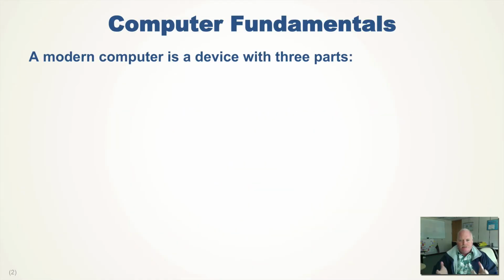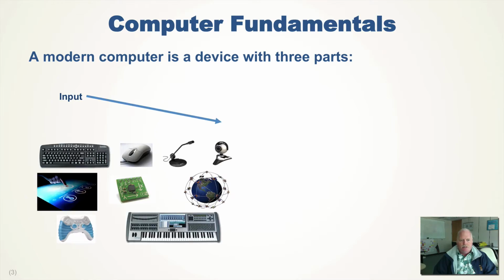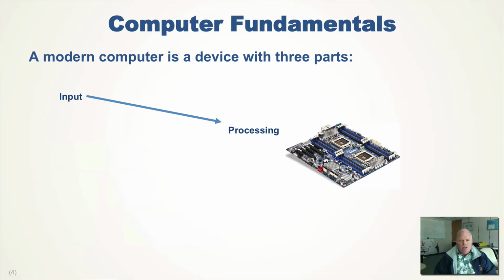So what are the fundamentals of a computer? Basically, it's a machine, a device, a thing that has three basic pieces to it. The first piece is input. We can put information or things into this device that can range from text, location, sound, images, all these different kinds of things. It then does some processing on this input, so you have some data, and you do some manipulation, you do some math,